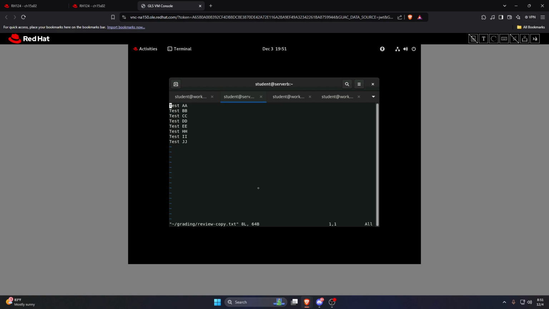So here we can see the file inside the review-copy, and we can edit it. So we can simply, oh, I'm sorry. So press i to insert the text or whatever you want to insert, or whatever the lab needed.